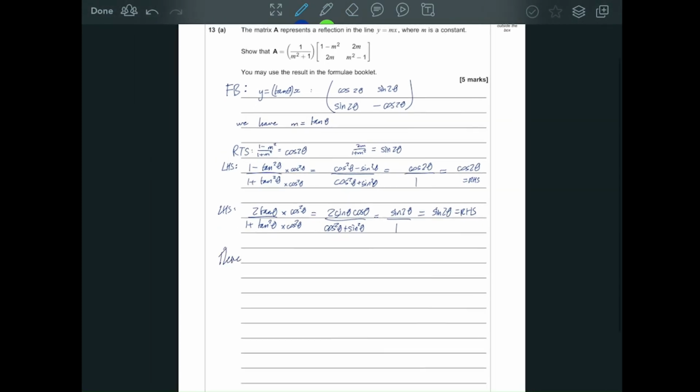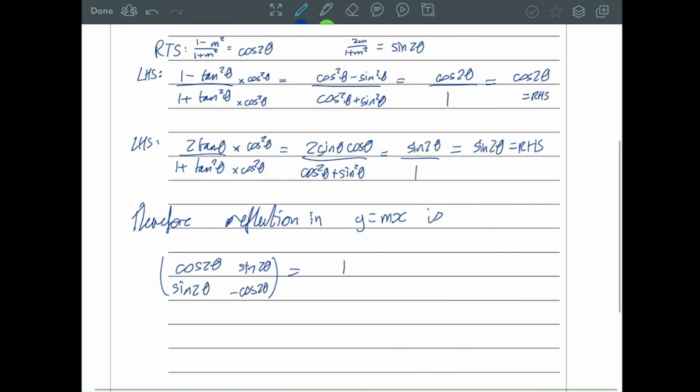So therefore, the reflection in y equals mx is, and it would have been the cos 2θ, sin 2θ, sin 2θ, minus cos 2θ matrix, which we've just shown can be written as 1 minus m squared over 1 plus m squared, 2m over 1 plus m squared, 2m over 1 plus m squared, and negative (1 minus m squared) over 1 plus m squared,